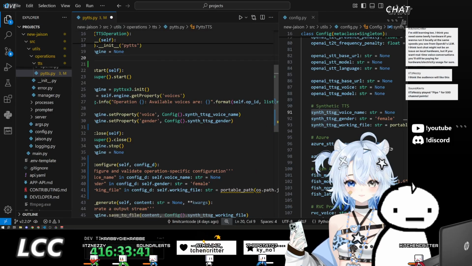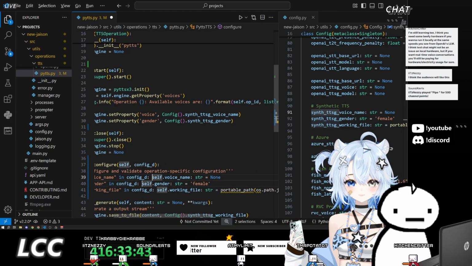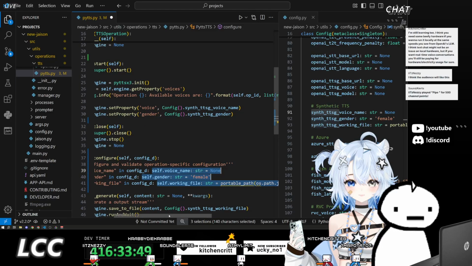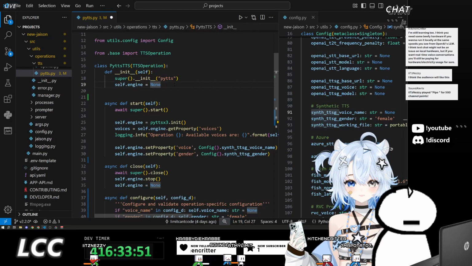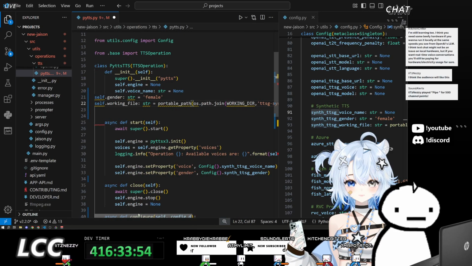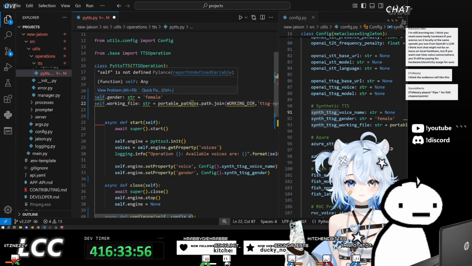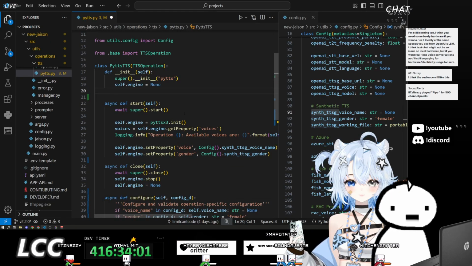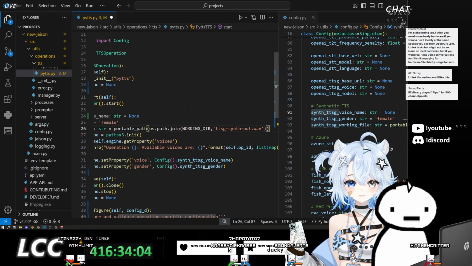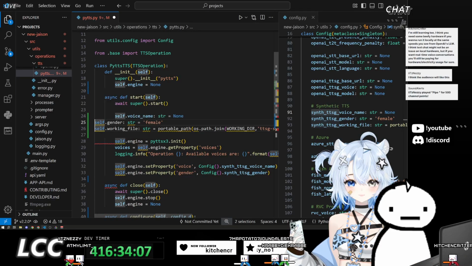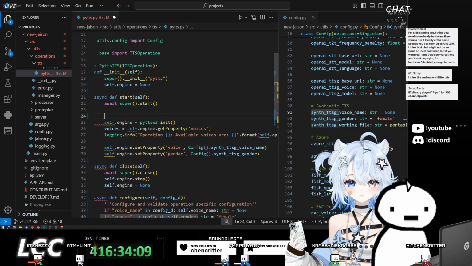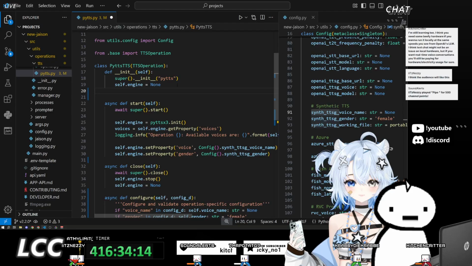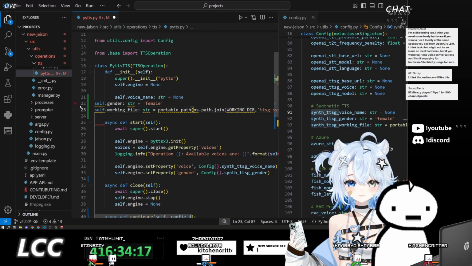All of this stuff are the defaults for what we want for ITDS here. So let's put this into the initializer here. That should be fine. Or actually, we can put it inside of start. I think it'll make more sense inside of start. Or, I don't know where to put this. I'm just gonna put it in initialize. It doesn't really matter. It's up to the implementer of the operation where you want to put it.